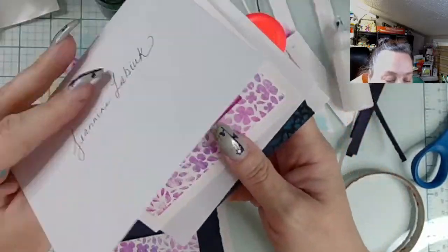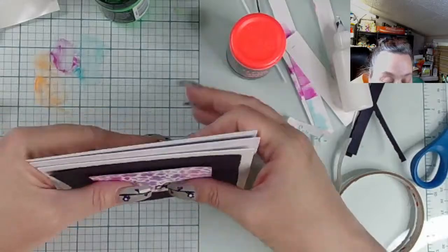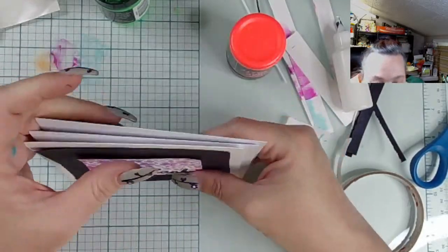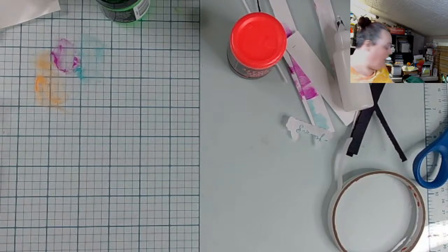This one is for Janine. And this one's going in my bucket for a random act. But we were able to make 3 cards. So we'll get those into the bucket. And then if you guys are...